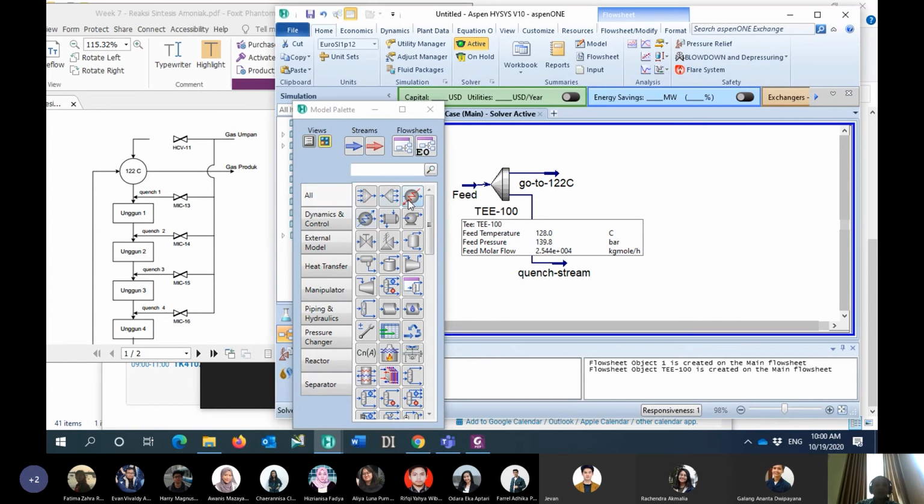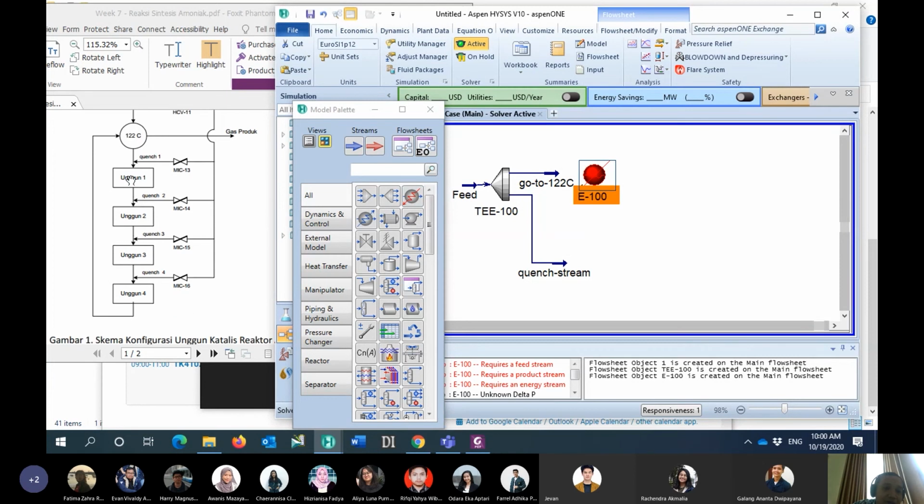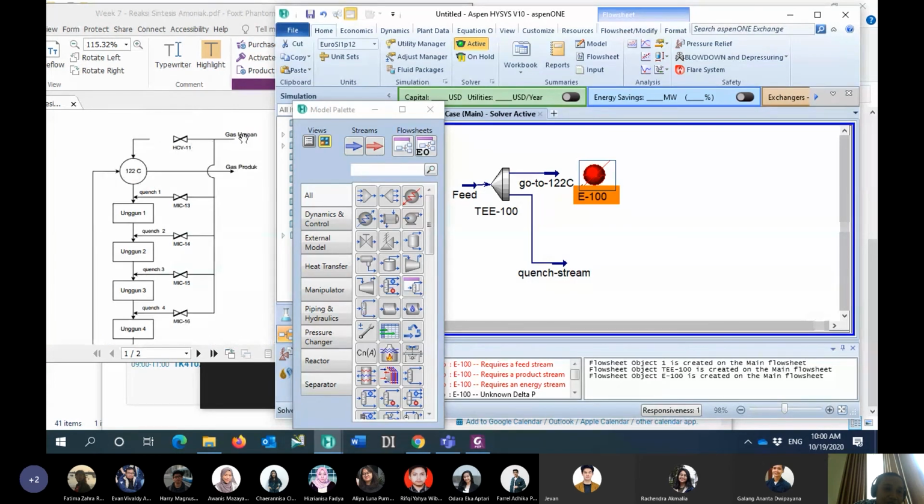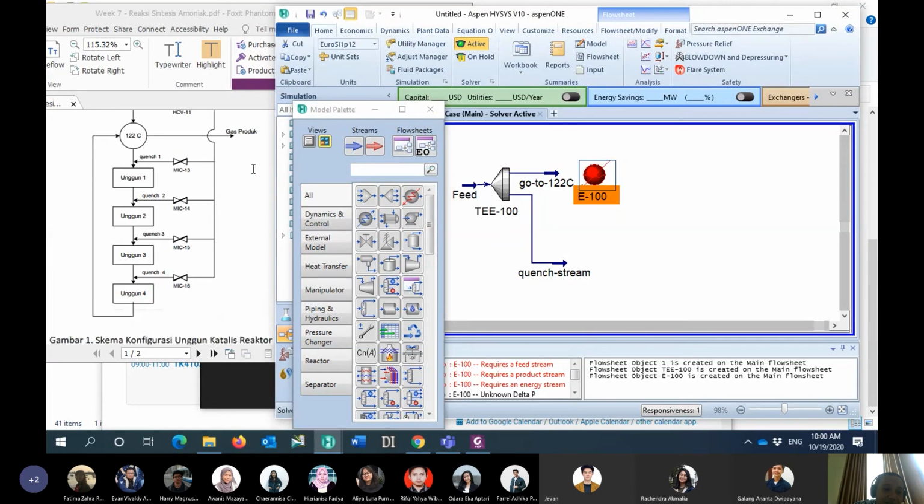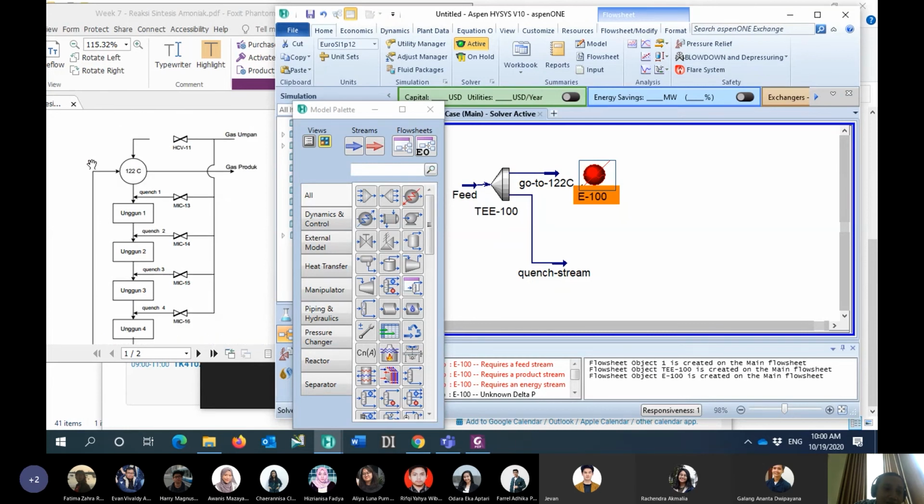So in here, I will put the heater. I just put the heater in here because again, the outlet of bed number 4 will have a higher temperature. Okay, and this temperature will be used to increase the temperature of the gas inlet. So the gas product will have a lower temperature compared to the outlet of bed 4.